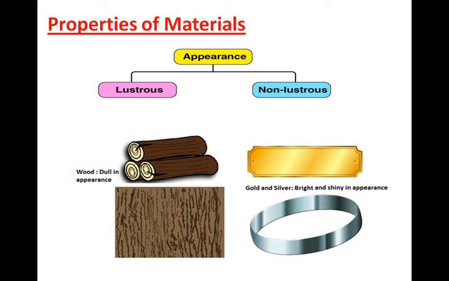And opposite to that, non-lustrous things are there. Means they are very dull in appearance. Dull means there is no shine. Correct? So see, lustrous means what? Just take an example of a metal spoon and, opposite to that, a wooden spoon. A metal spoon shines, correct? Whereas a wooden spoon does not shine so much.